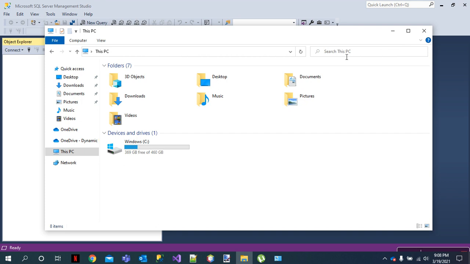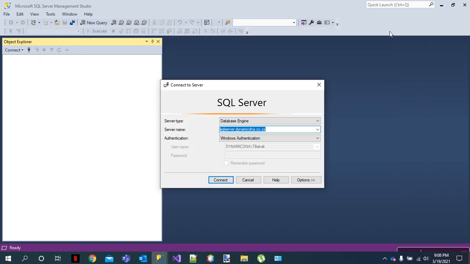So after getting the name of the machine, that is what I will use here. First of all, make sure that your Server Management Studio is open, and when it's trying to connect to a particular server, make sure that you have selected Database Engine here. After selecting Database Engine, the next thing you're going to do is type out the server name. The server name must start with the name of your machine, right? So I'm going to paste that name I copied from the system information there.